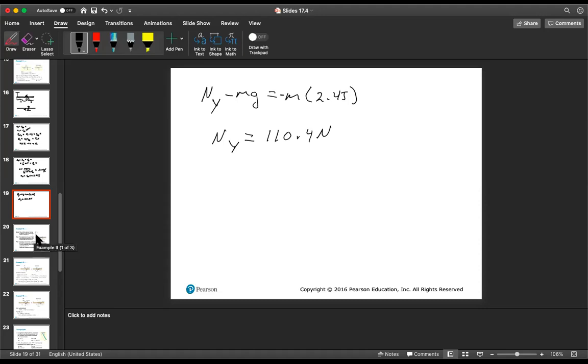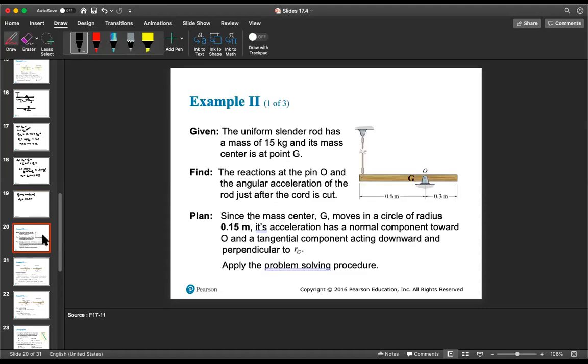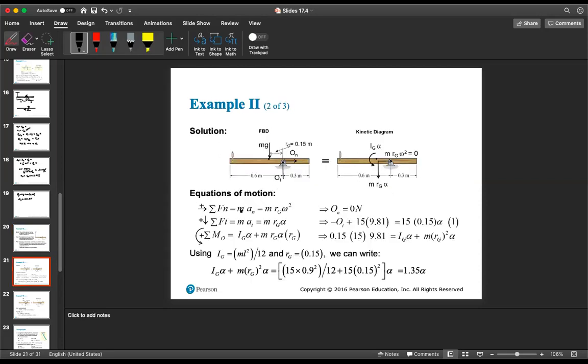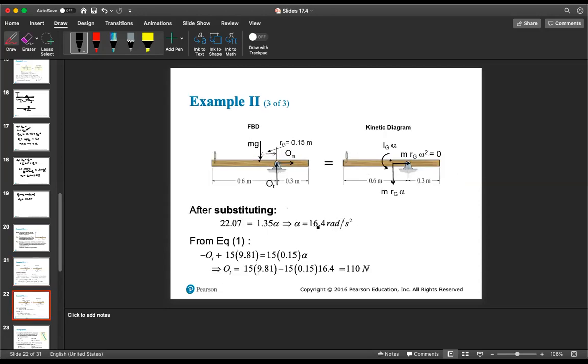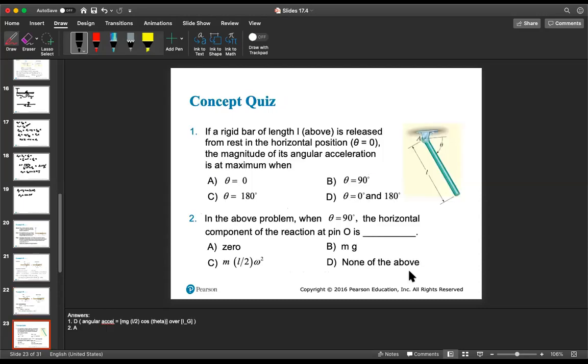Let's compare that to what the book finds. It's the same basic plan, right? They all have the same basic equations. There's really no trick to it. They get the same alpha, and I had 110.4, so that's within a rounding error. So it works out. All right, so